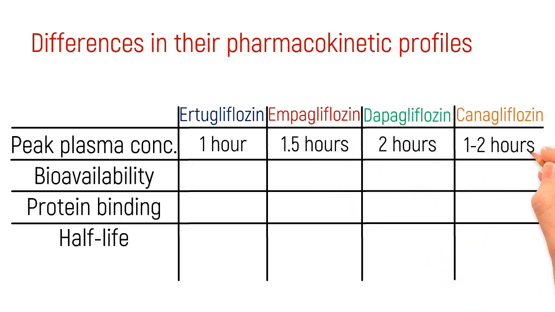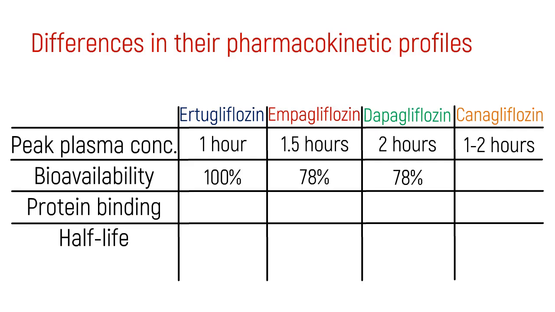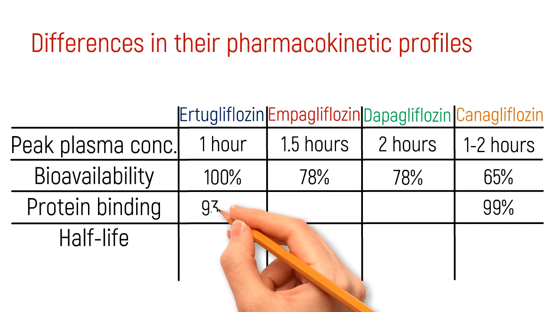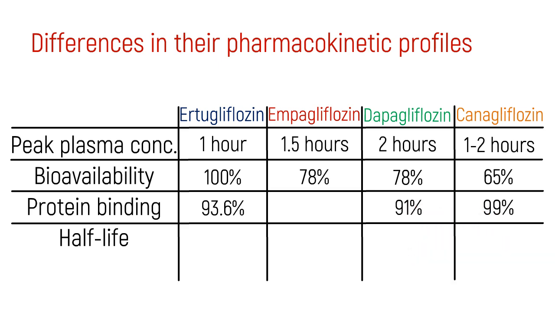For bioavailability, ertugliflozin stands out with the highest at 100%, while empagliflozin and dapagliflozin both have 78%. Canagliflozin has the lowest bioavailability at 65%, indicating less systemic exposure compared to others. When it comes to protein binding, canagliflozin has the highest level at 99%, meaning it's largely bound to plasma proteins. Ertugliflozin follows with 93.6%, dapagliflozin with 91%, and empagliflozin has the lowest at 86%, which may influence how these drugs